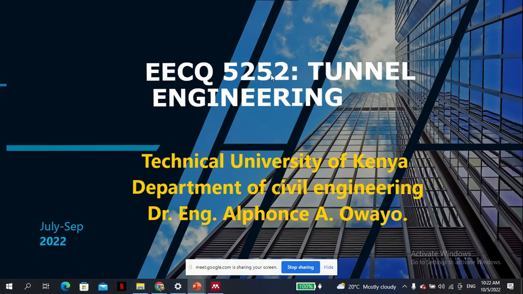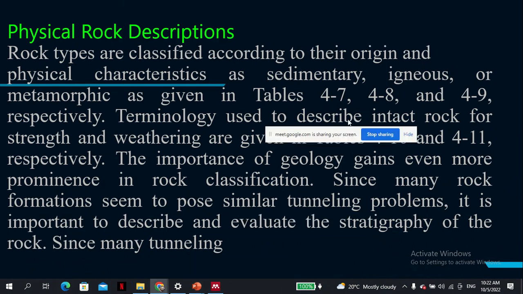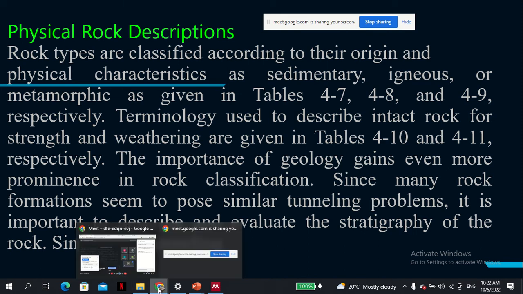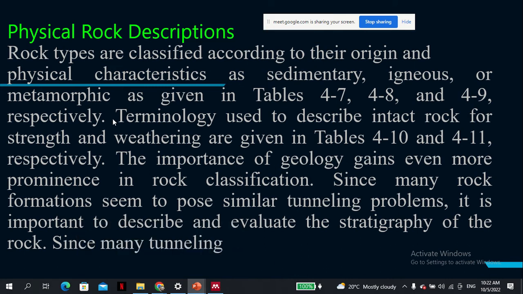So we proceed with the rock classification. Yesterday we were talking about the kind of investigation you have to do for tunnel construction. But now the part of the investigation, then you need to, once you assess the rocks, be able to classify, and